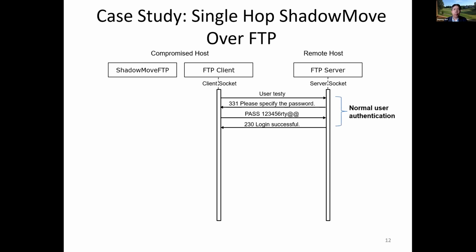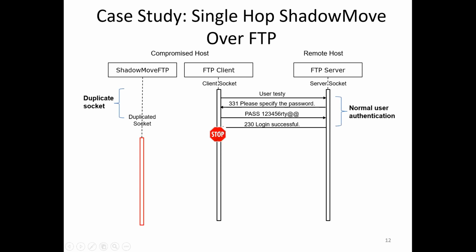First, it gets a duplicate of the client socket. That duplicated socket will allow the ShadowMove process to inject packets into the same connection to the FTP server. Before doing that, this malicious process first suspends the FTP client, to avoid any